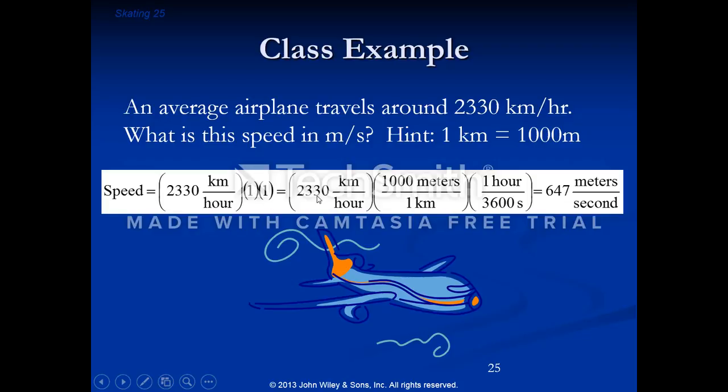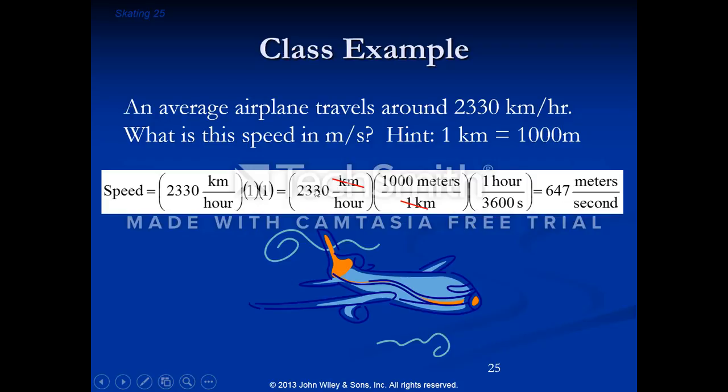So we have 2,330 kilometers per hour. We multiply it by 1,000 meters per 1 kilometer. We have kilometers on top. We want to get rid of that. So now we have kilometers on bottom. Boom, those cancel out. Now to get rid of hours and convert it to seconds, we know 1 hour is